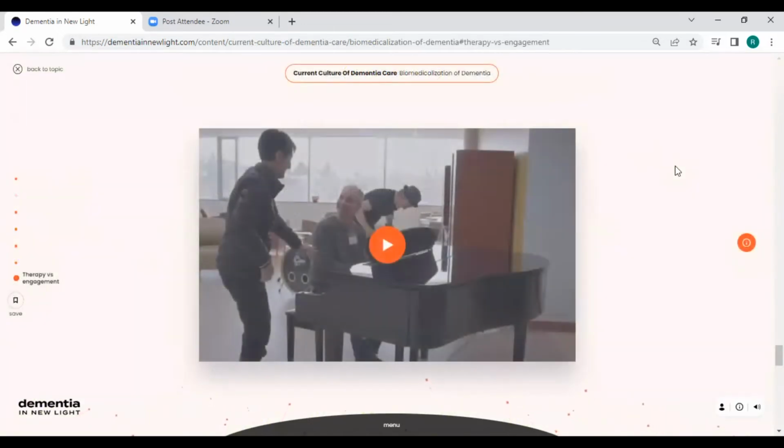Next, let's go to the current culture of dementia care topic and the biomedicalization of dementia subtopic. The care of people living with dementia is often reduced to treatment or intervention, such as the case with music, which is most often used to reduce symptoms of dementia and improve cognitive and physical health outcomes. However, as seen in this excerpt from the documentary film Music is Life,